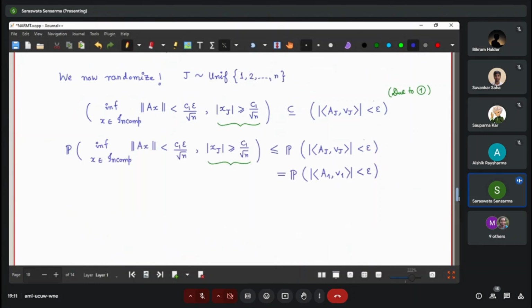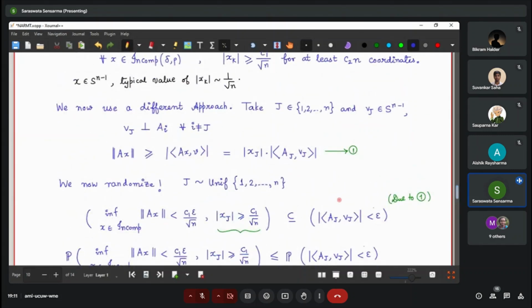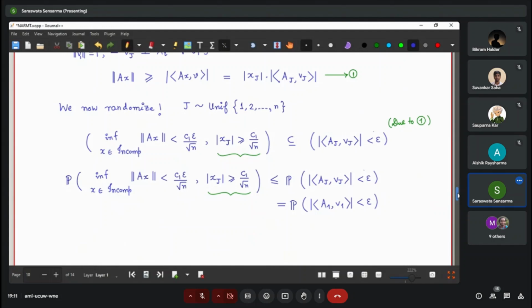By the way, one thing I should have mentioned is that we want v to be a unit vector. Otherwise, this inequality does not work. This inequality would fit if we take v large, so we have to take a unit vector which is normal to the A_j's. But anyway,